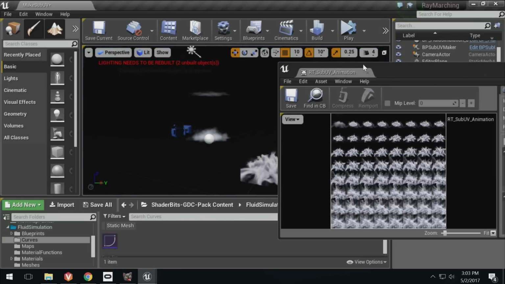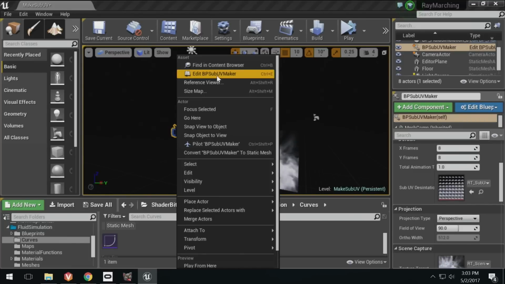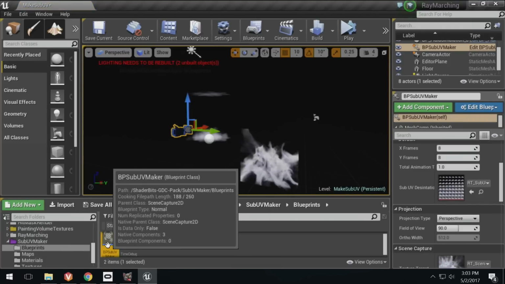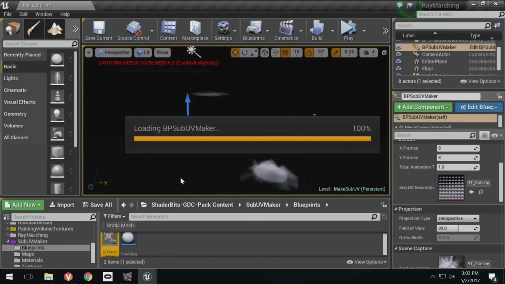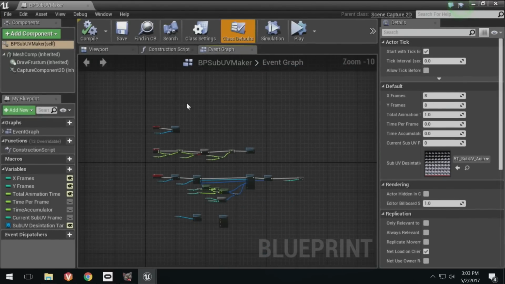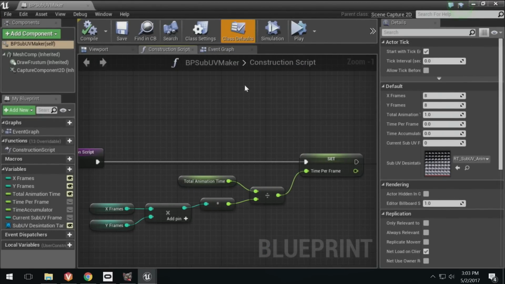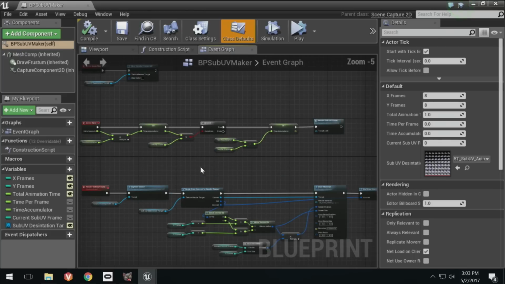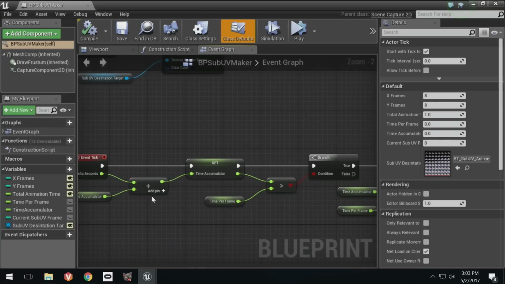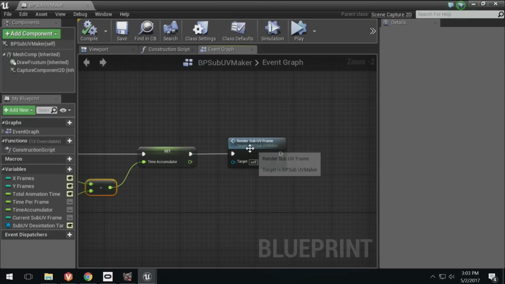So the way that works is, it's a blueprint that is based off of the class of Scene Capture Actor. So we find it in here. It is made off of Scene Capture 2D, and it's pretty simple really. That's the whole blueprint aside from the construction script. Construction script just basically sets the time per frame to capture, and then on tick, it just makes sure how much time has passed, and it only allows capturing on the right interval, and then it tells it to